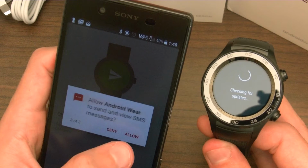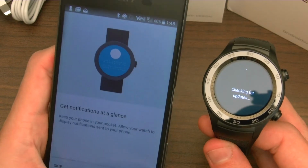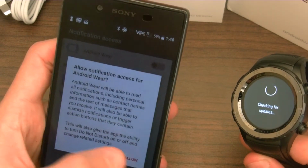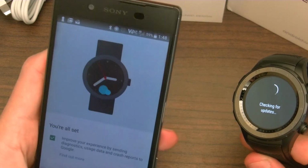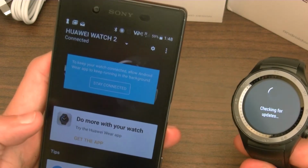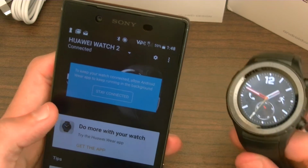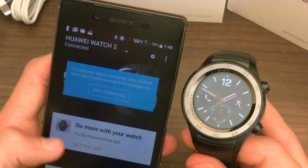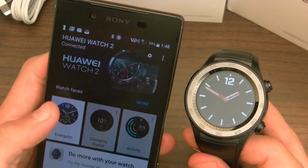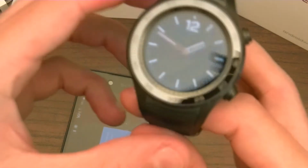To allow. Check my calendar, allow, and notifications at a glance. So now we turn on notification access for Android Wear, and you can then send statistics with it as well. Okay, and now we're at the actual watch screen. And it was suggesting some watch faces there, and to get the Huawei Wear app. And you can see there,